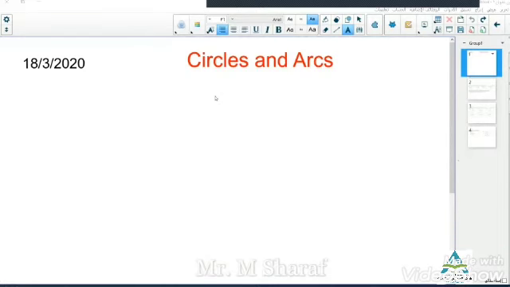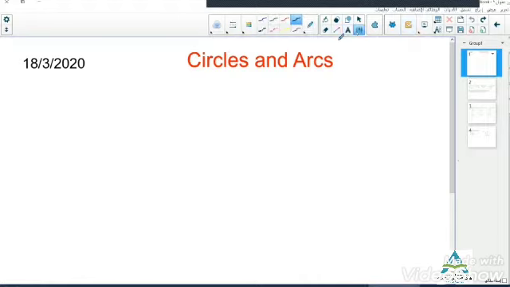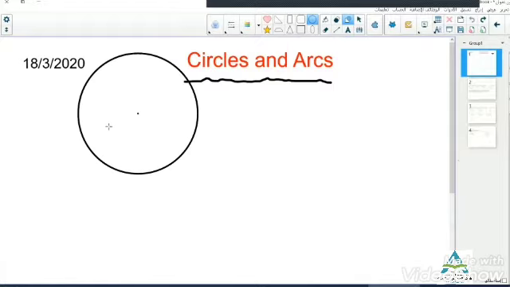We're going to continue the previous lesson. But firstly, let's revise our rules. The rule of the length of an arc. Ahmed, if I have a circle here,